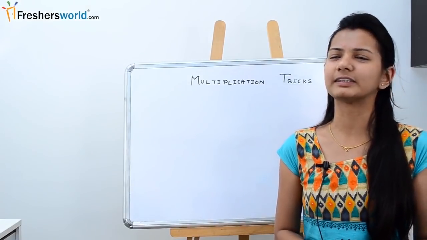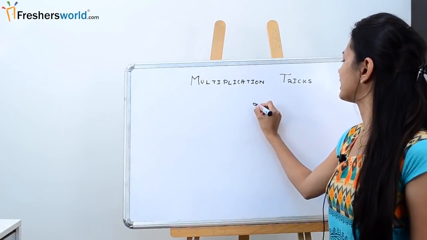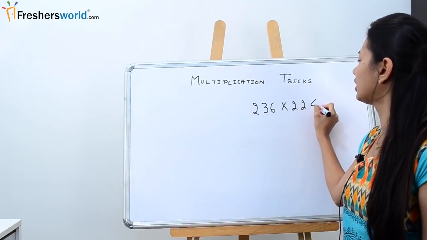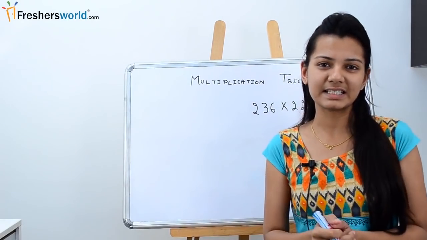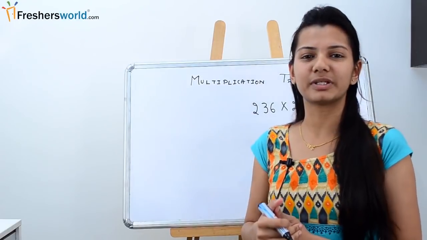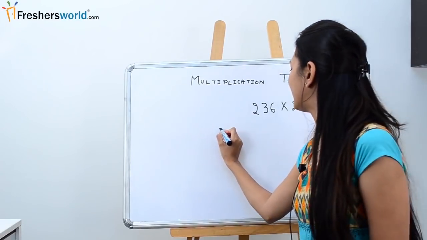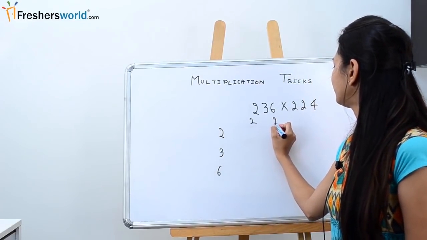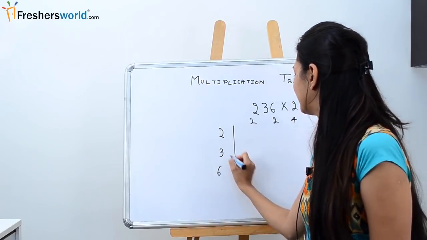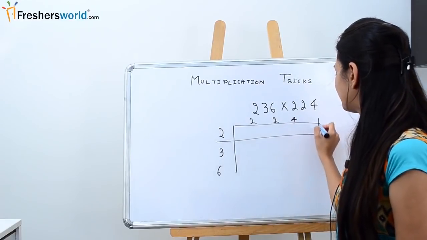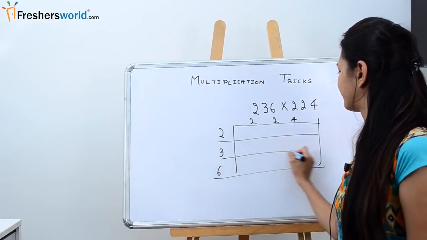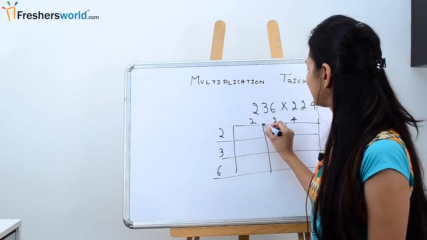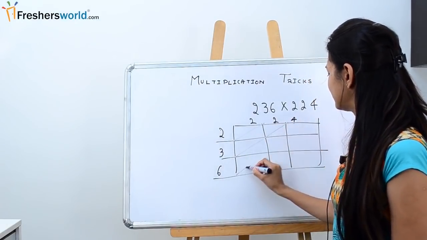You all know that multiplying a huge number, say 236 into 224, would be a very huge task. Yes. Now let's see a simple method to crack this. Now I'll write the two numbers in the horizontal and the vertical way, and then put a box. Now I'm going to divide these boxes into equal halves like this,